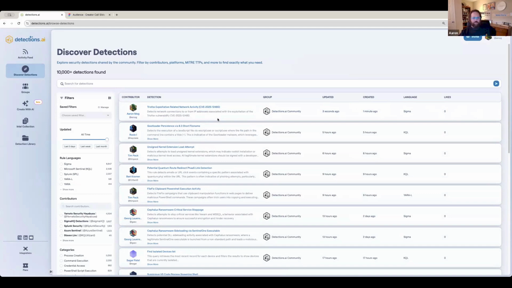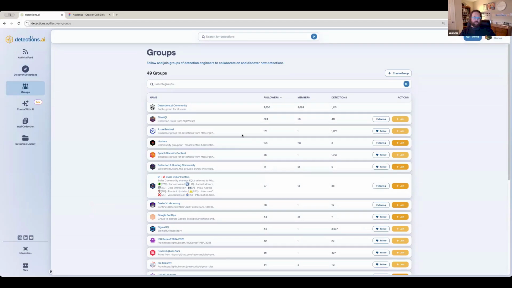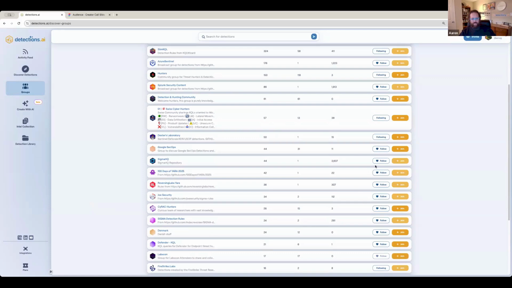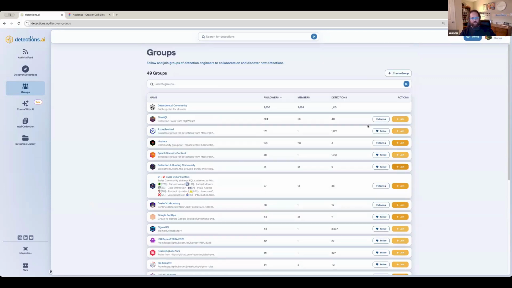And what I would say the vast majority of the shares are just straight to, I want everybody to be able to see this. But we can add a little nuance to this. We can add a little bit of flavor to this by looking at groups. So the way groups work, I'll take you through the audiences in a second. You can see here different size follower groups, different member groups, because those are different things, how many detections they may have. And if you're in the site, you can join any one of these. These are all public to join. You can join them. You can be part of the conversation.